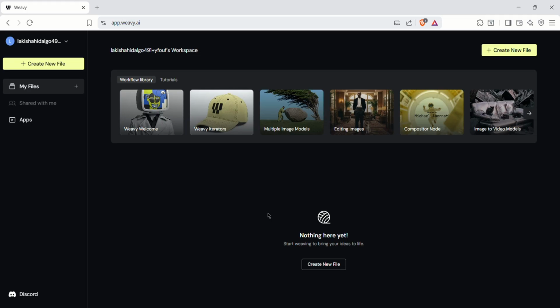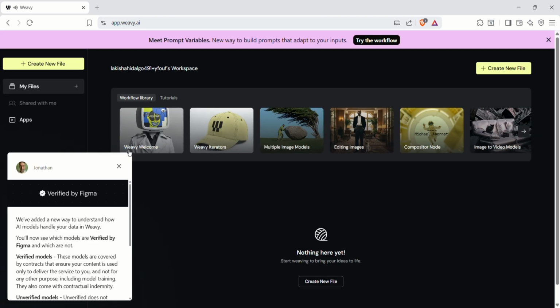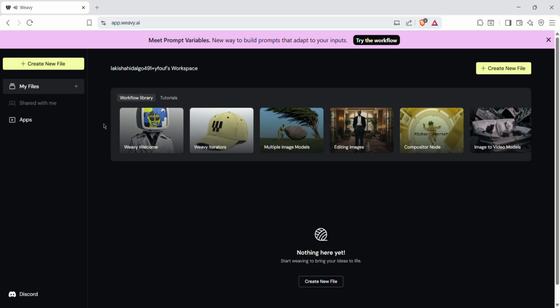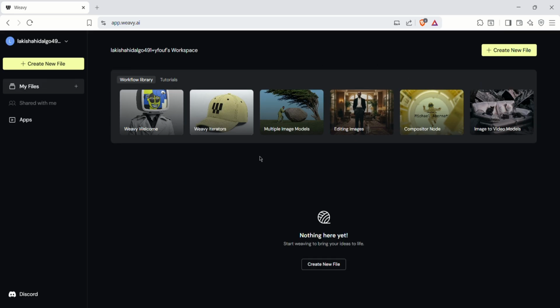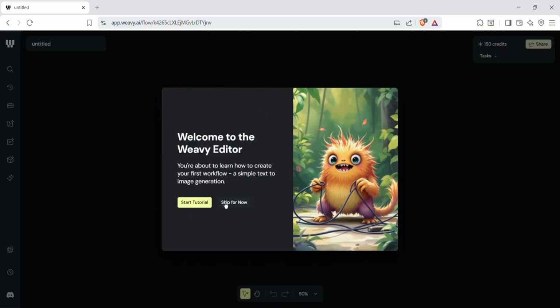Every single time your credits run out or you want a fresh session, you can simply repeat this process with a new temporary email. That's what makes this truly unlimited. So this is the main dashboard. The UI is clean and intuitive. To get started, you need to create a new file. Think of it like a new project or workspace. Let me create one right now. And here we are. This is the main workspace of